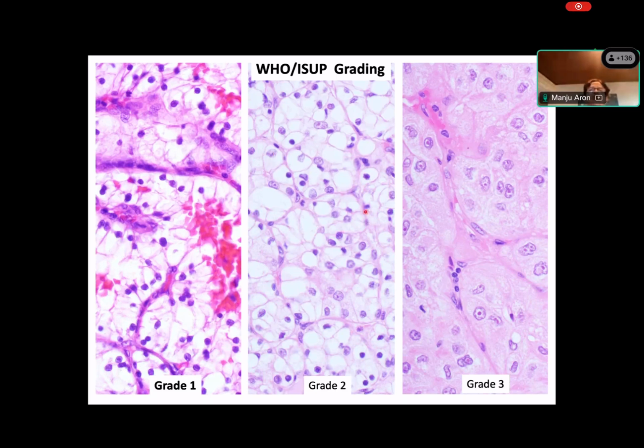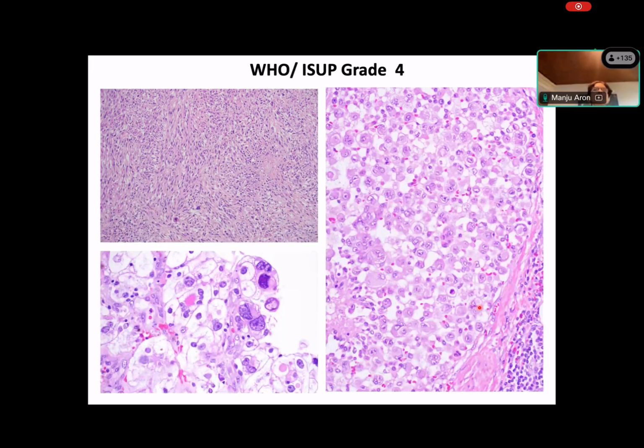Most of these tumors are grade 2, but some can be grade 1, and of course the high-grade tumors are grade 3. If you have sarcomatoid differentiation or rhabdoid differentiation, then it is a grade 4 tumor. You can also have tumors with tumor giant cells, and when they are present, you grade the tumor as grade 4. Grade heterogeneity is a feature of renal cell carcinomas, so you have to sample adequately, look at the gross, and target areas where you think there could be sarcomatoid areas. If you see higher grade areas in even one high power field, that will determine the grade of the tumor.